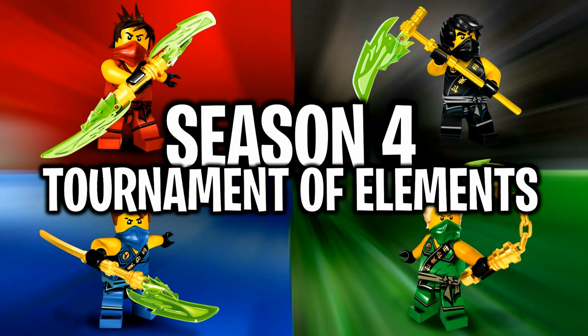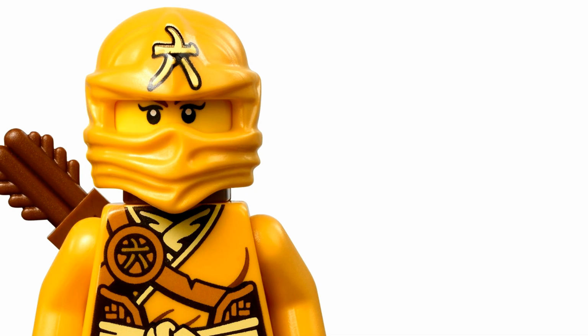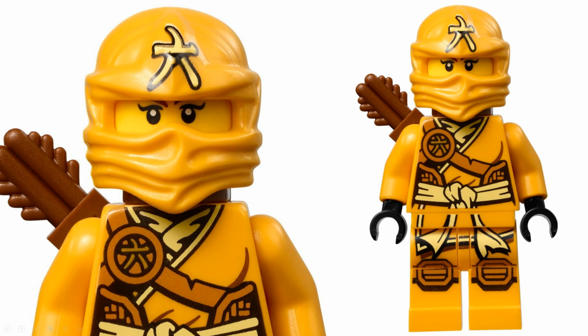Moving on, we have Season 4, Tournament of Elements, and in this season we got Chen, but I decided not to place him as my favorite minifigure of the season. Instead, I picked Skylar, another new character, kind of similar to how I picked Pixel for Rebooted, but I really like this minifigure,